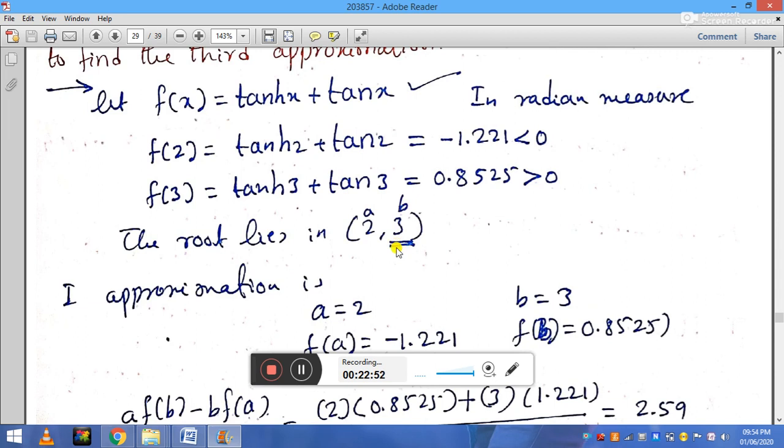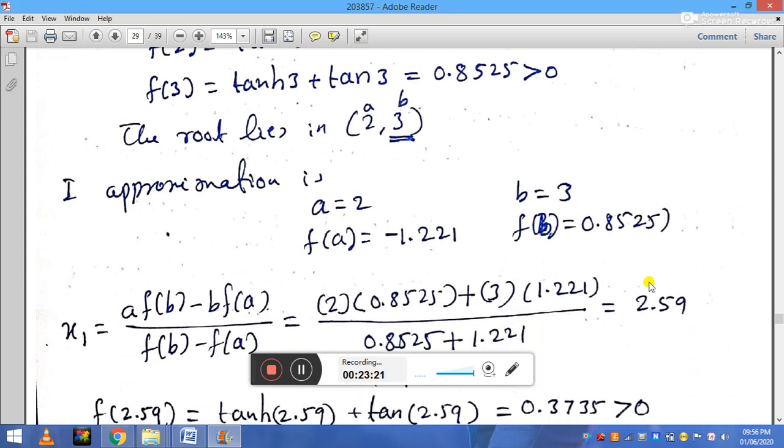So here they have already mentioned the root lies between 2 and 3, meaning we cannot check in between the roots. If they have not given it, then we check in between the roots. Therefore the root lies between 2 and 3. So if they have given directly one negative root and positive root, we cannot check in between the root. So the first approximation, A is equal to 2, B is equal to 3, then